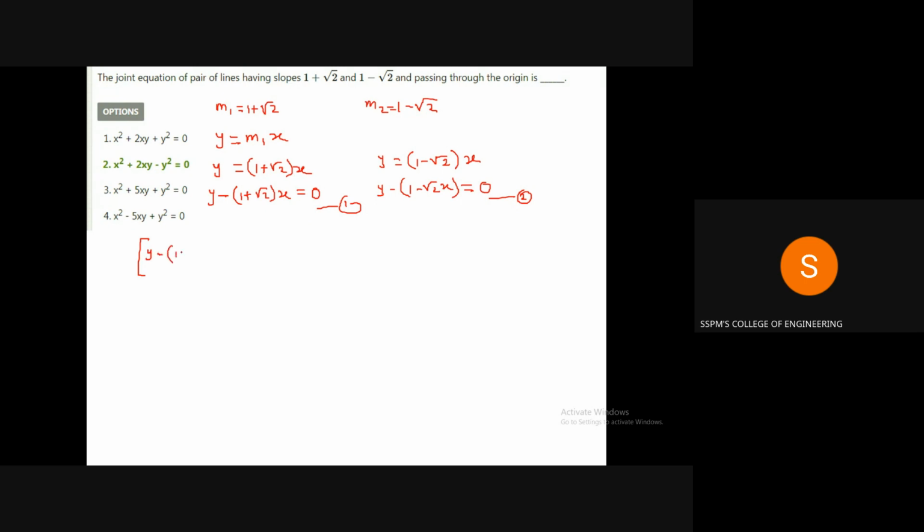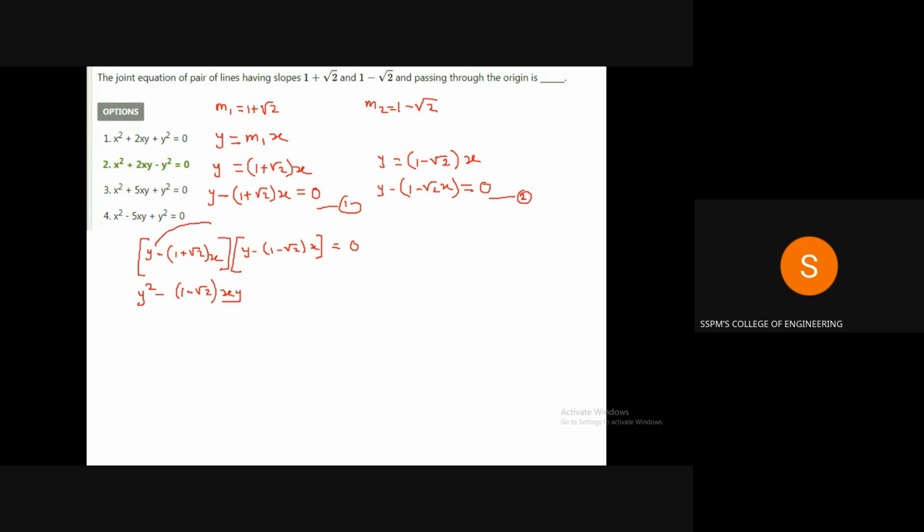Y minus 1 plus root 2x, first equation, into the second equation, y minus 1 minus root 2x, is equal to 0. Okay, if you have a notebook, just try to solve it. So multiplication will be y square, similar multiplication like the previous example. y square minus 1 minus root 2